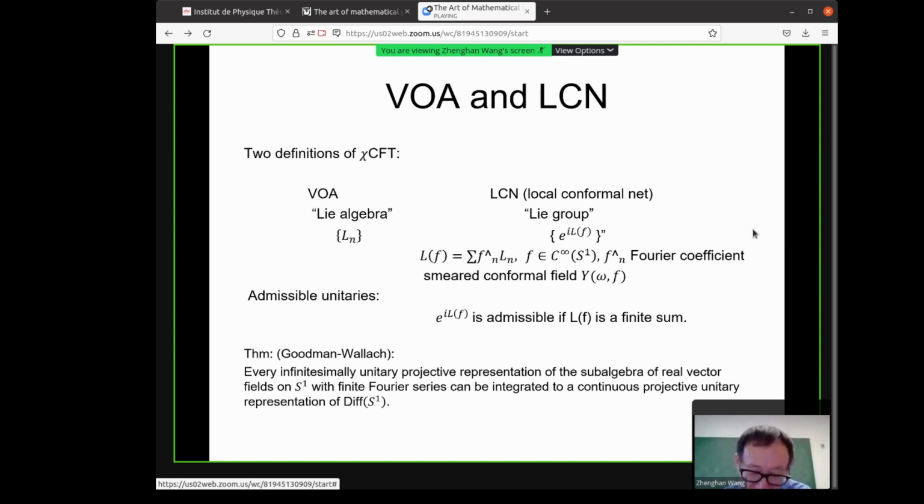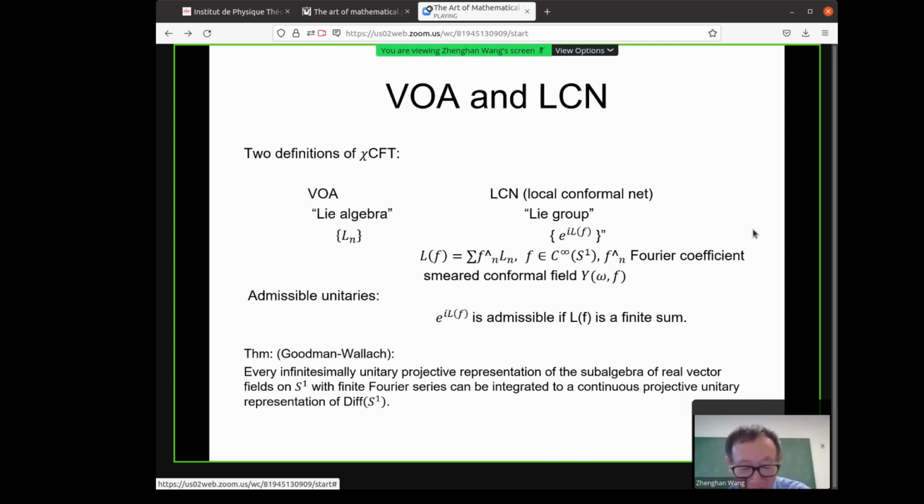In a vertex operator algebra, we have the obvious notion of what a quantum field is. And in a local conformal net, we have a very difficult time figuring out what a quantum field is. But on the other hand, local conformal nets are given by bounded operators, and vertex operator algebras are given by unbounded operators. So we all know how hard it is to work with unbounded operators. So the analog of a braid, I basically want to claim, is roughly like the exponential of the Virasoro generators.